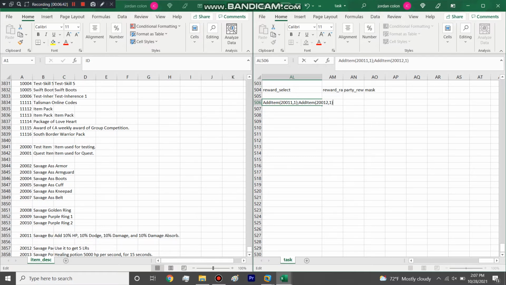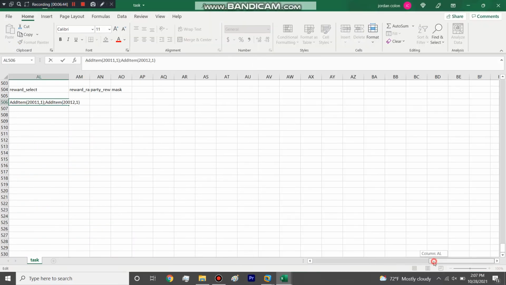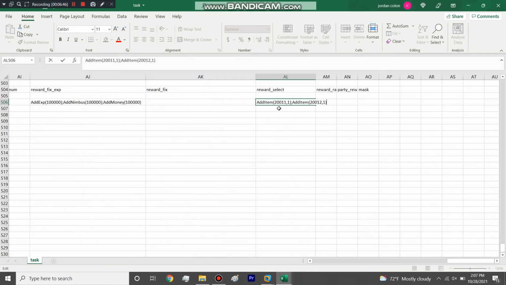We'll just do that for that. We'll just do option choice of 2. So there's 2 types of formulas that you would use when you're adding an item. One of them would be like this, where the item is going to be unbound. Another way would be add item EX